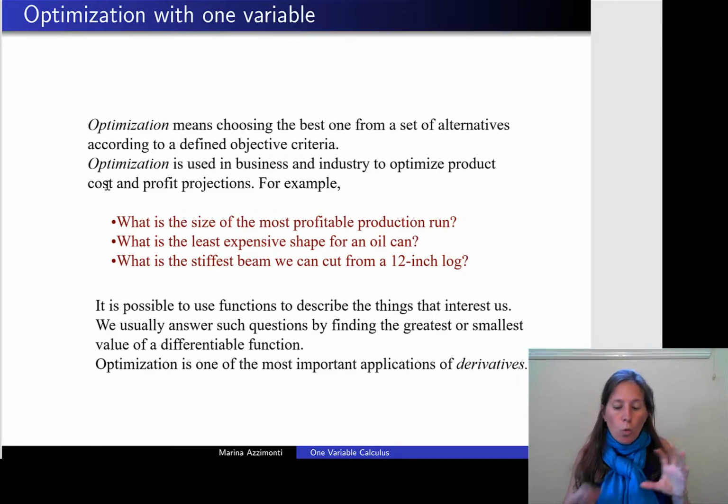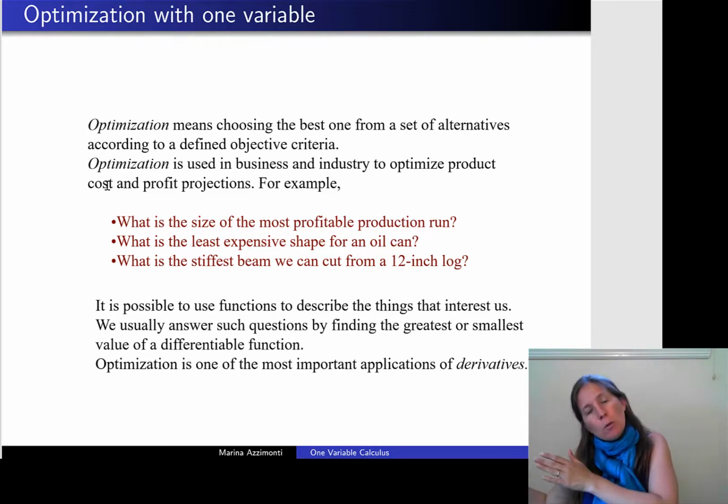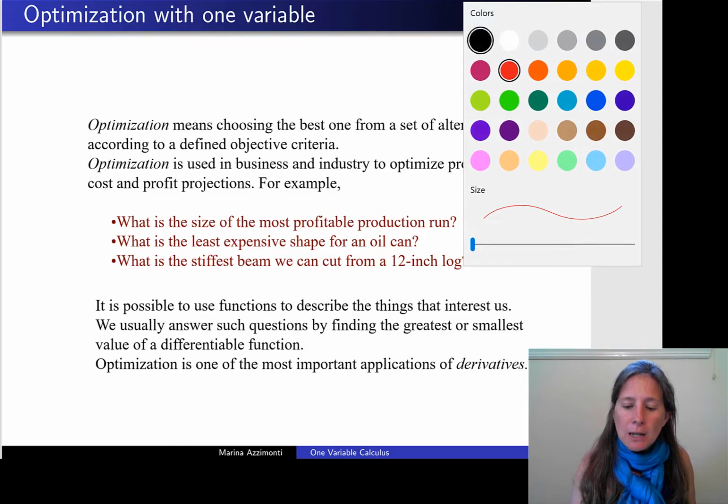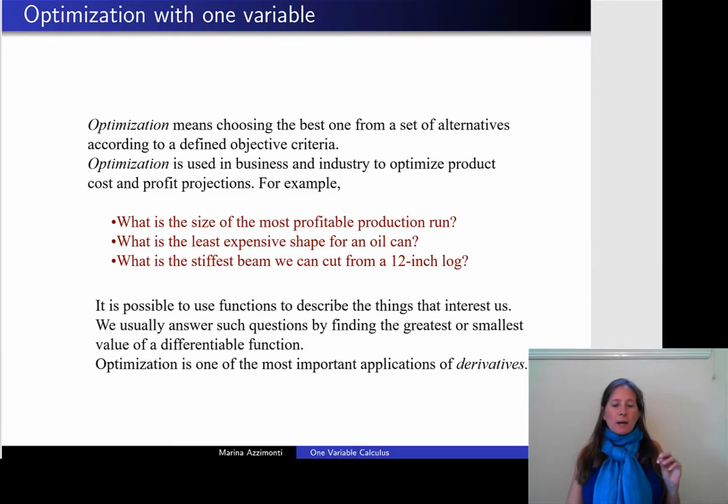Okay, so with this, we are already in shape to discuss how to maximize or minimize a function, how to do optimization when our function has only one variable. In two modules, we are going to discuss the case when our function can have more than one variable. So when we talk about multivariate calculus, which is the one that you're going to be using the most. But let's first introduce the idea of optimization for the one variable case.